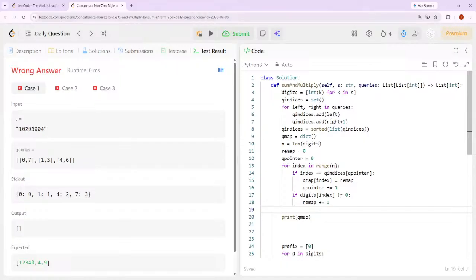So Q map of, I guess it needs to be the length. There's 8 characters, right? Q map of the length should be the length of the number of non-digits. The length of the length of